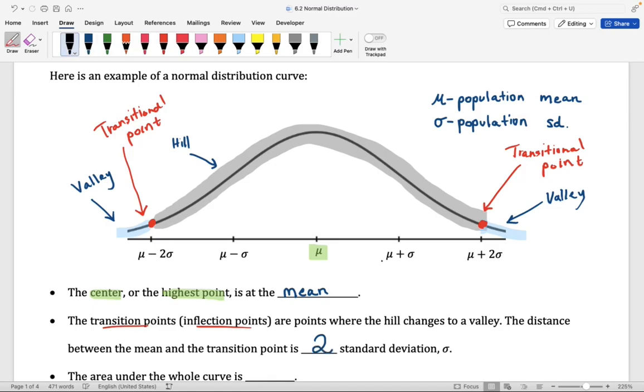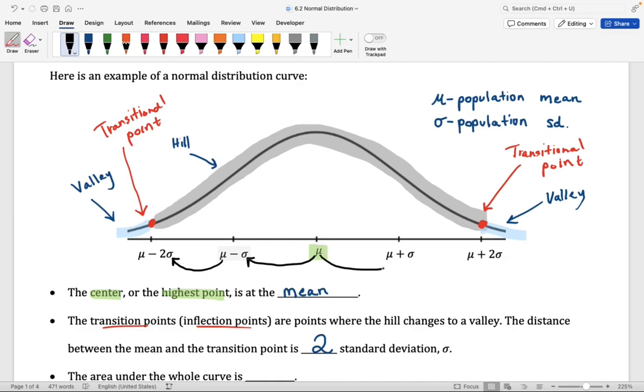So notice what I have here on the horizontal axis. I have mu at the center. Then to the left, I went ahead and labeled 1 standard deviation to the left. That is mu minus sigma. Here we're simply saying take the value of mu minus the value of sigma and find that value which represents the first standard deviation to the left. We can do that again, subtract another standard deviation, that is mu minus 2 times sigma. This would be the second standard deviation to the left, and that is where we see one of the transitional points.